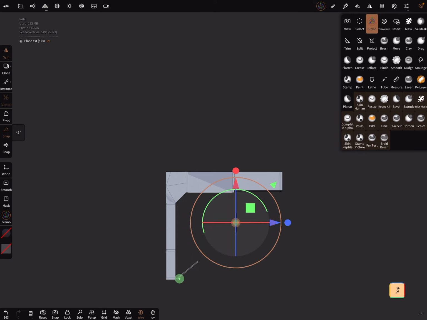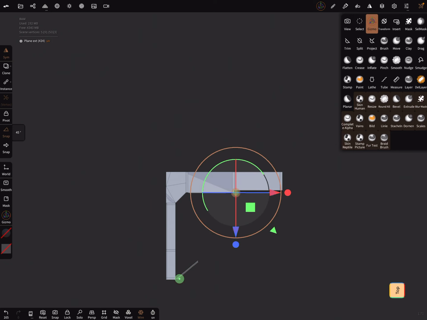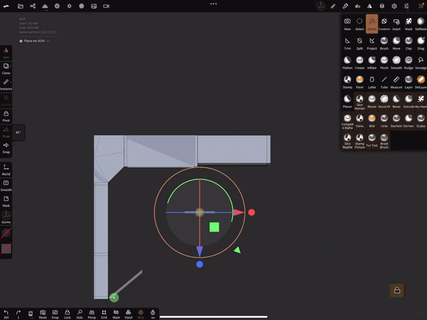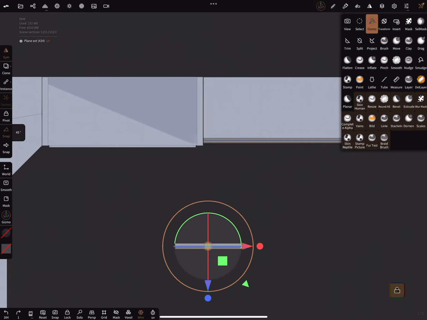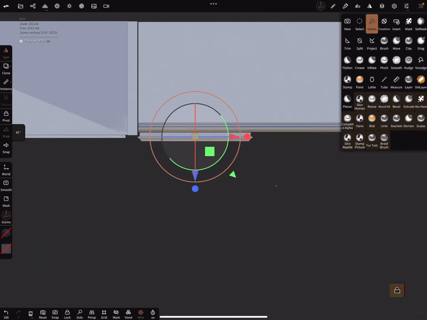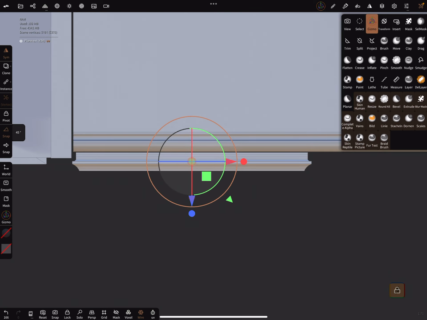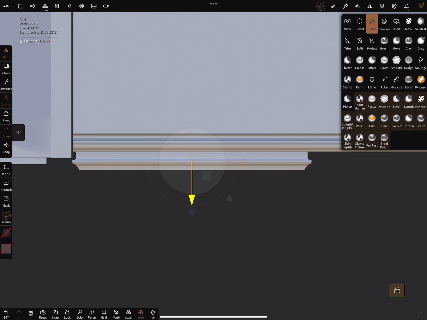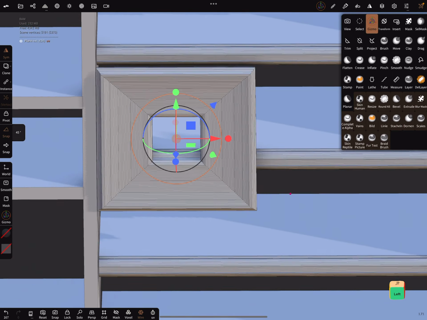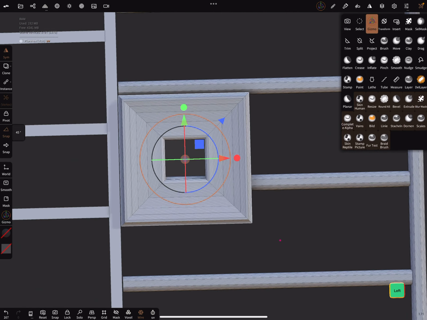So our door, we can now rotate 90 degrees, and bring it in position, only in one corner, like this. And in the front view, or this is the left view,